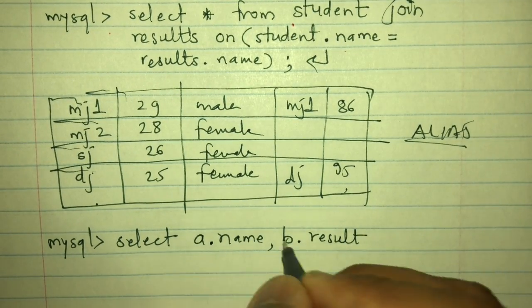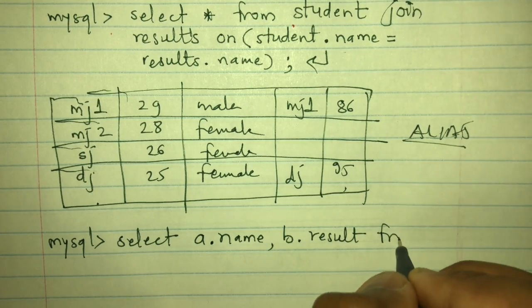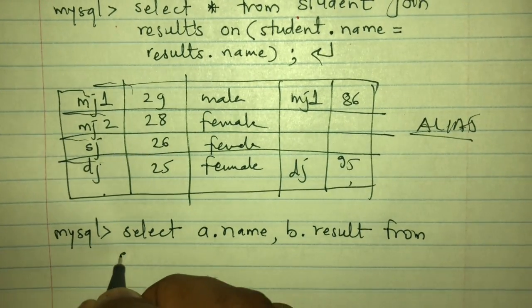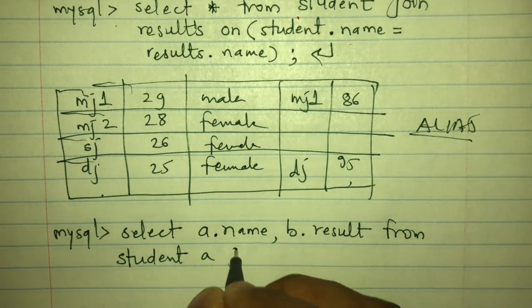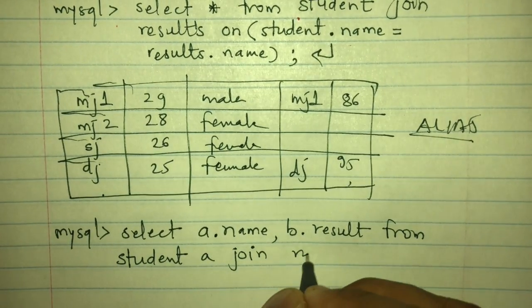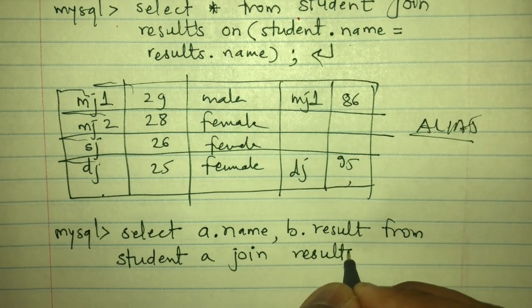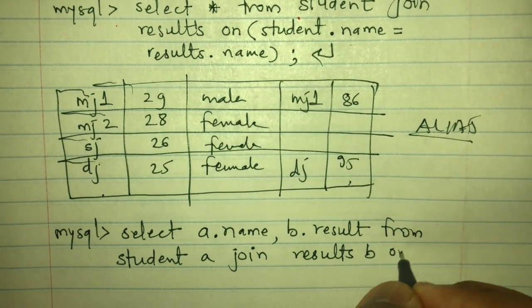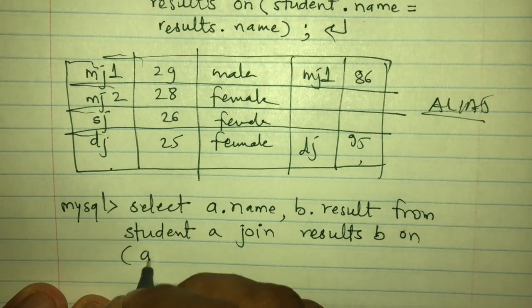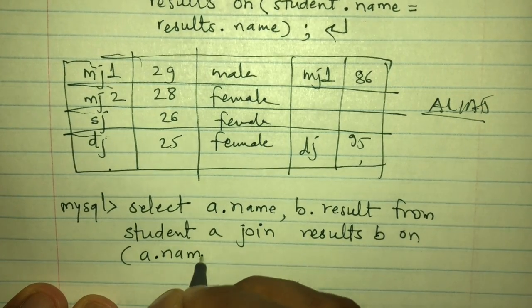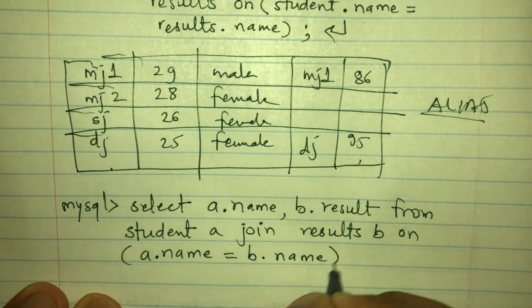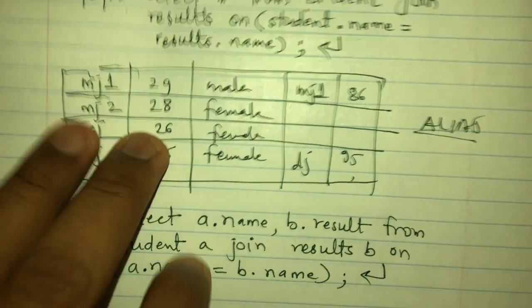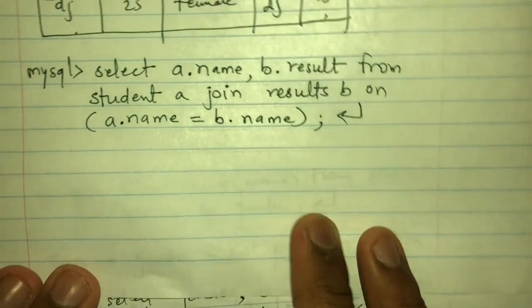I will tell you what a and b are. I'll say from student a join results b on a dot name equal to b dot name,